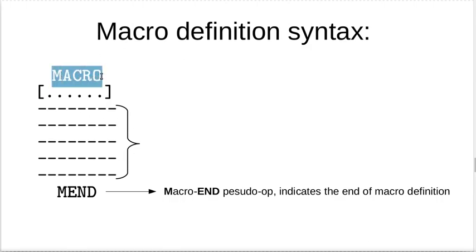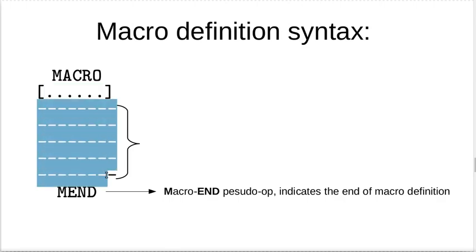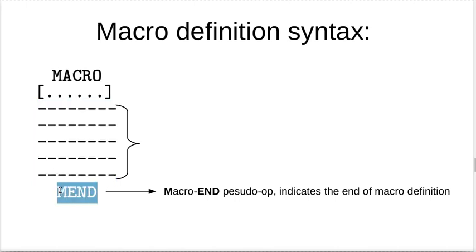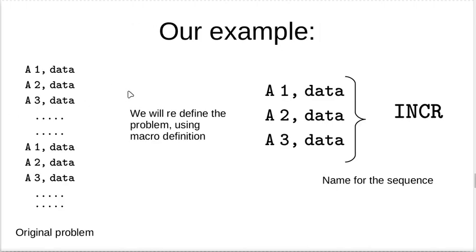So to sum up, what does the macro definition contain? First it contains the MACRO pseudo op, in all caps, right? Then it contains the name in the next line. It contains the name of the macro definition, the name of the sequence of instructions. Followed by the name, we will write down all the instructions for which we are trying to provide a name, right? Once we have written down the set of instructions, we will simply end the macro definition by writing MEND, M-E-N-D, right? So this is the complete definition of the macro syntax, right? Okay, so moving forward, let's come back to our example again.